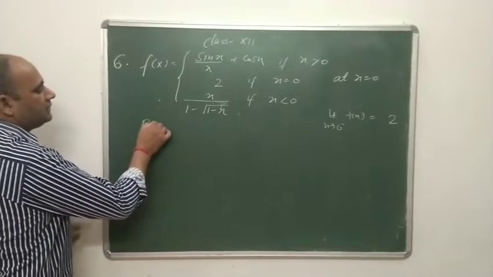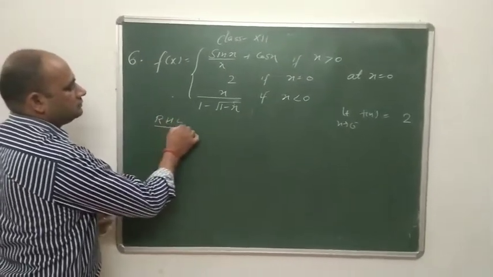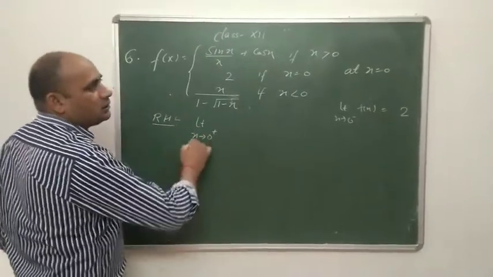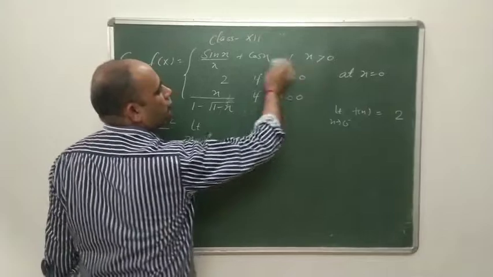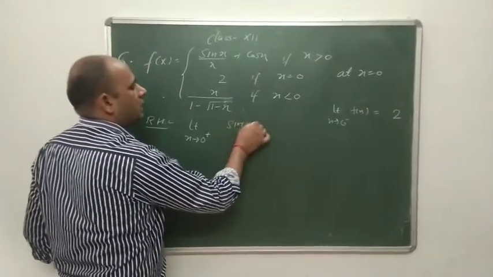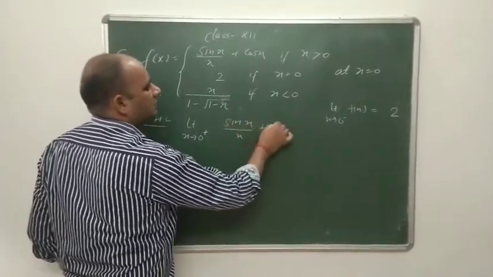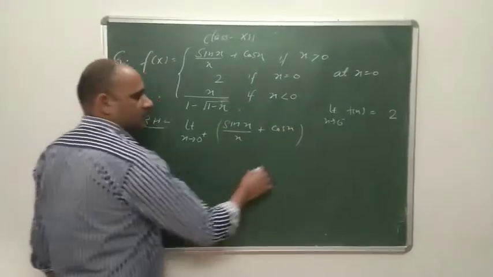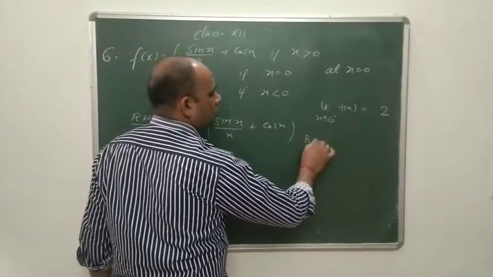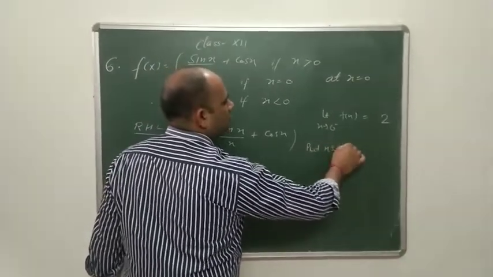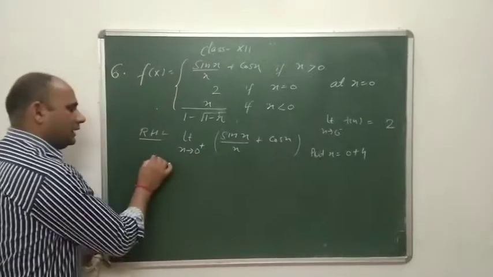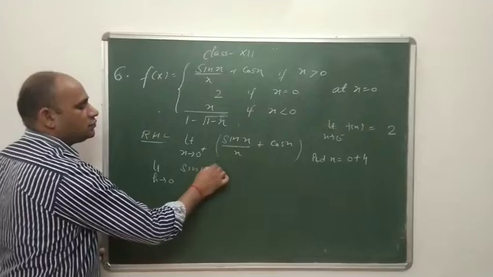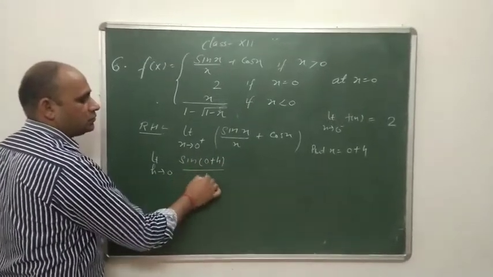In the right hand limit, x tends to 0 plus. Now 0 plus means greater than 0. We have sin x upon x plus cos x. In this case we would put x is equal to 0 plus h. So limit h tends to 0, sin(0 plus h) upon (0 plus h),